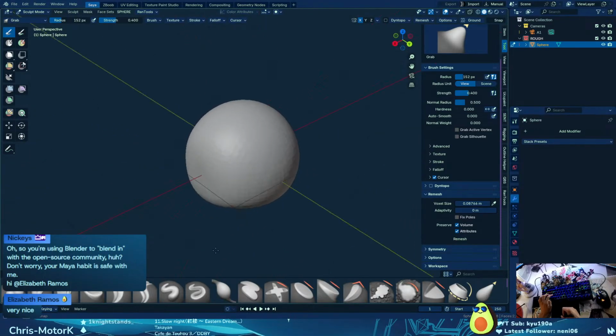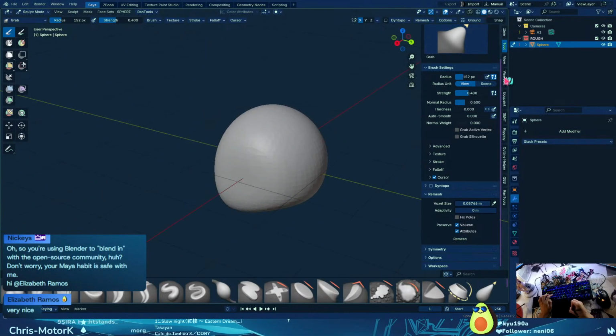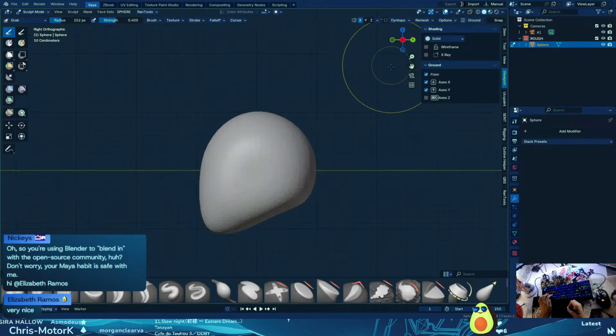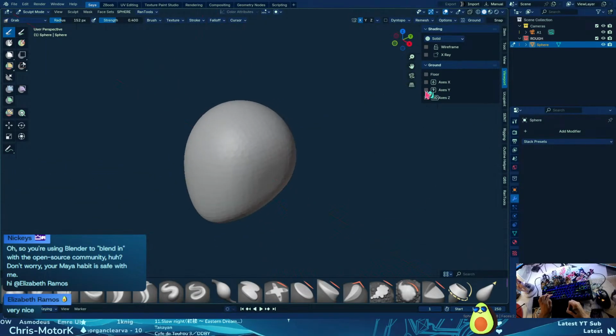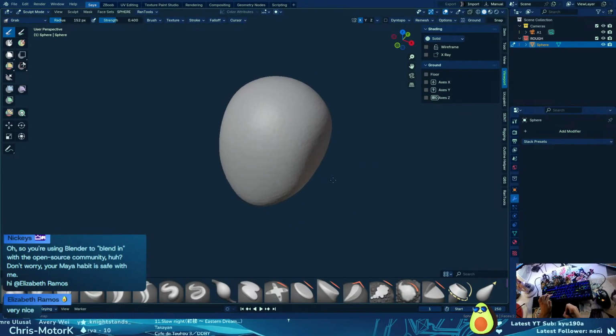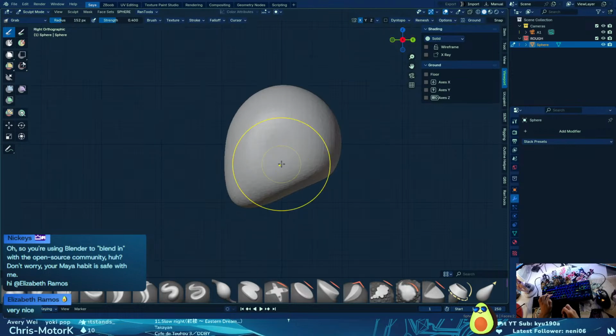So yeah, this is what we have. For me, I'm actually going to turn off the grid while I'm still moving around. I kind of only want the grid to